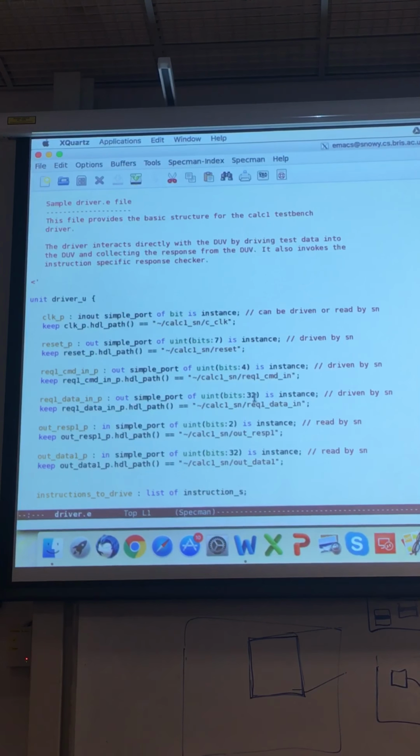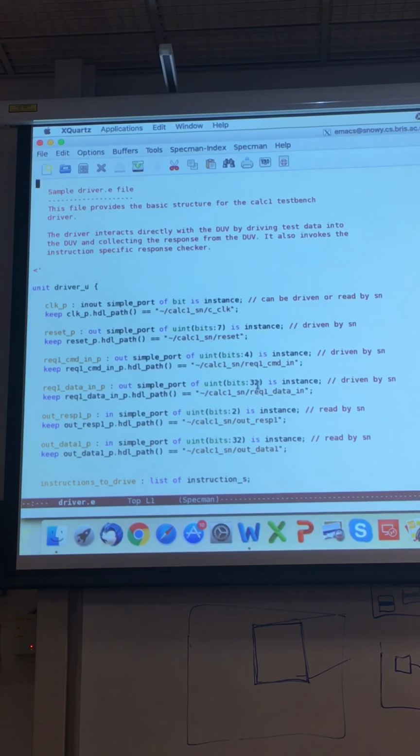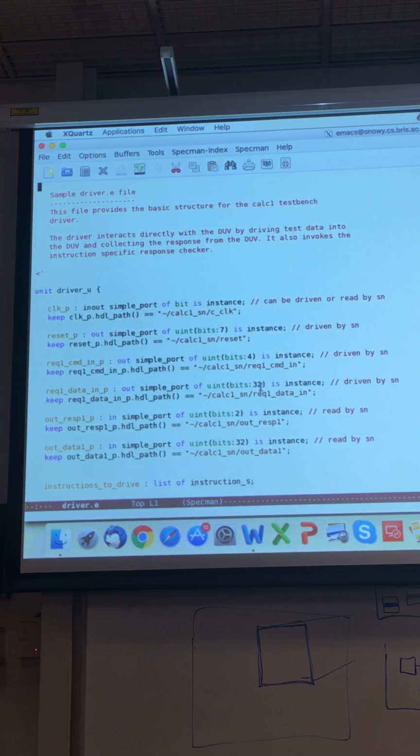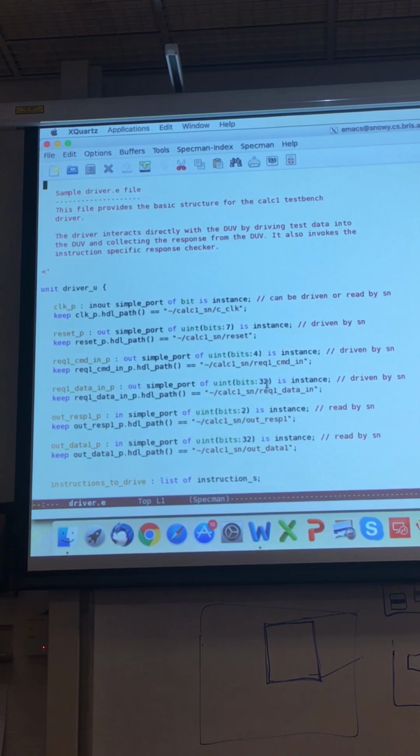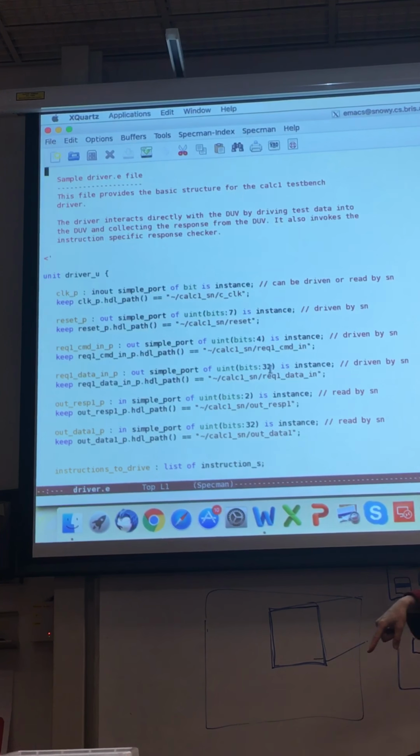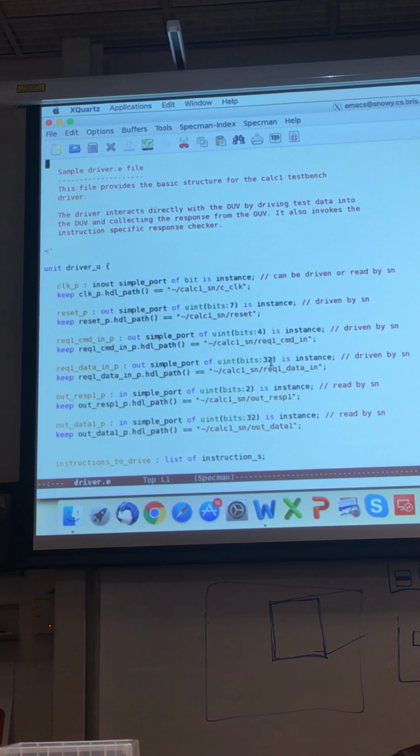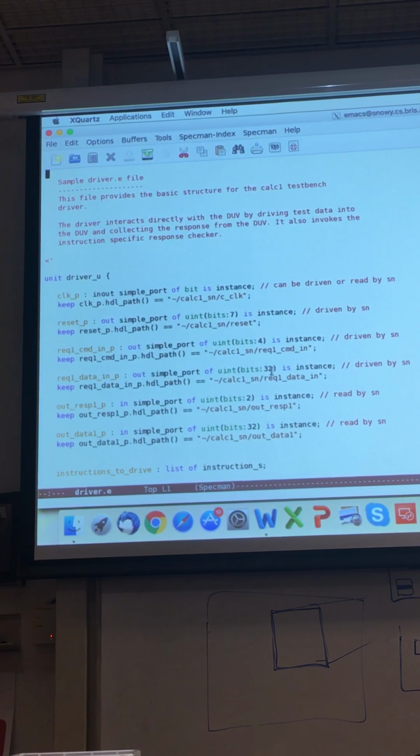So your driver, I would expect... aha, there it is, a secret one. Let's get one down here. There's a secret one down there. Let's hope this works. That would be